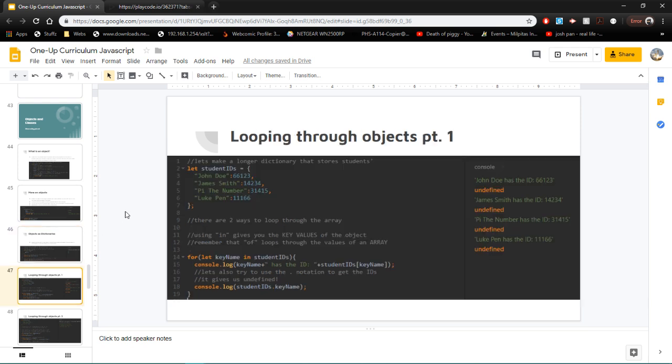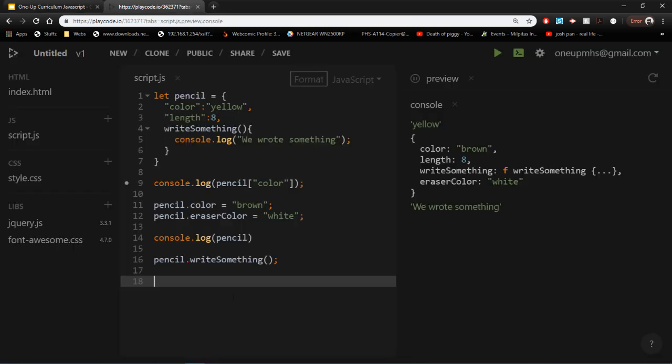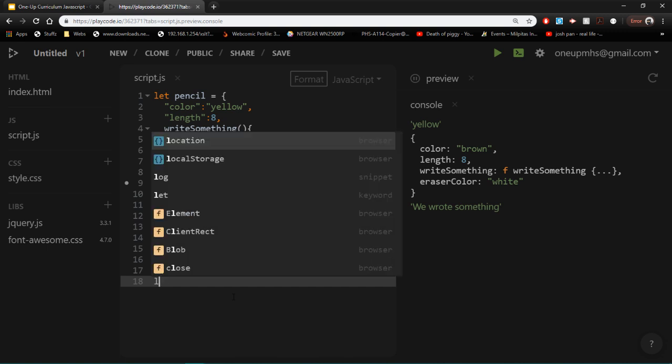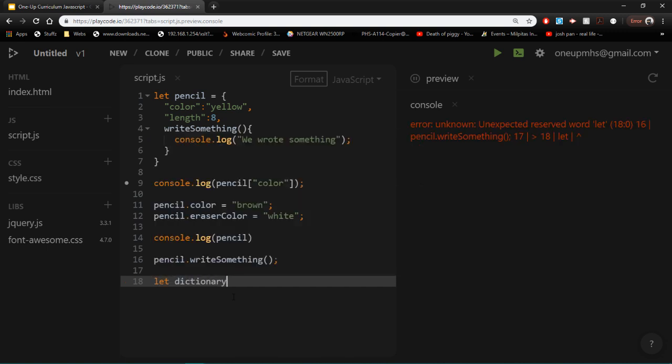So what's next? Well, we can also loop through objects. Actually, let me describe objects in a different way before we start looping through them. And let me skip this example and just type it out in the code. So when I say we can access objects like a dictionary, it's just like this. When we type in let dictionary,